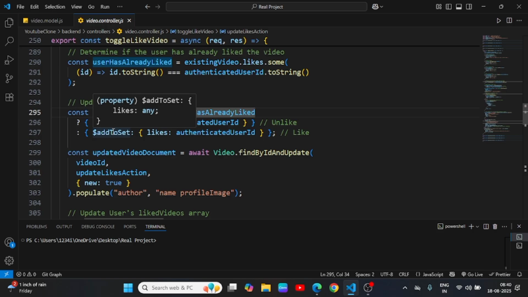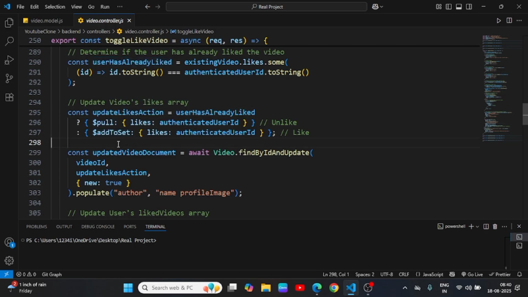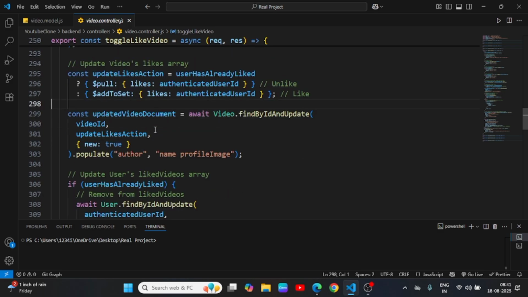that. Yeah, you can use push here also, but add to set makes your IDs unique. So yeah, you are just assigning this ID inside this array, right? And then after that,